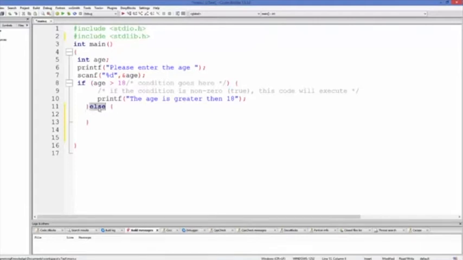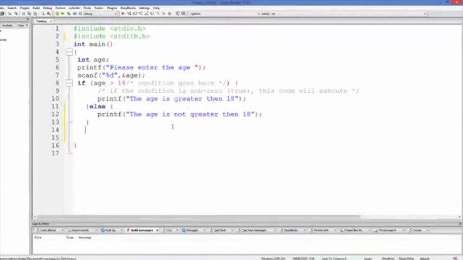As the name suggests, it indicates every other condition which is not satisfied by the if condition. So else comes after this bracket and then your curly bracket. Else doesn't take any condition because it doesn't need to check any condition, since it covers everything other than the if condition. So here we just want to write that the age is not greater than